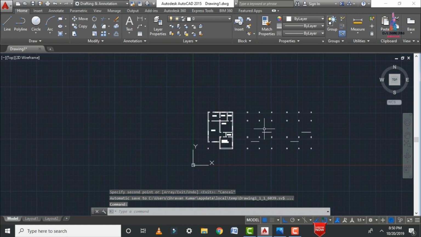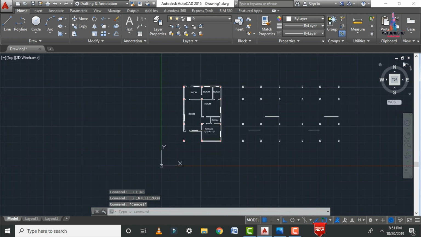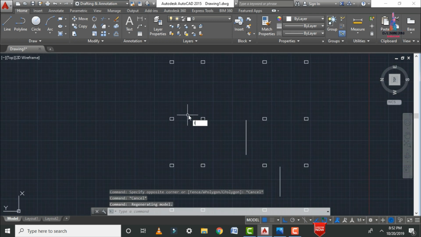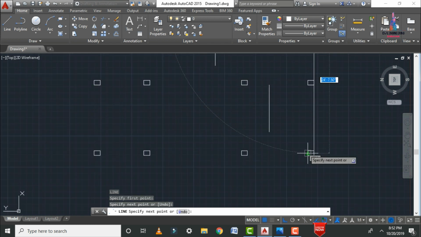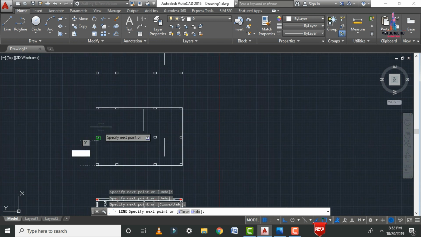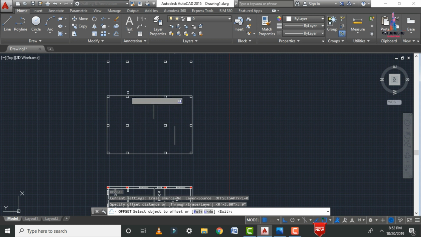Now we have to apply the beam sections for this building under consideration. For that, initially we need to rotate this model, so I am using the rotation option here like this. Initially we need to draw the lines. Let us use the line command, select the starting point here. Again I am drawing the line here like this. In the same process I am drawing the line sections here for the external beam sections. Again I am drawing the offset of 9 inches for the internal beam sections like this. Let us consider this point, again this point, and again this point.